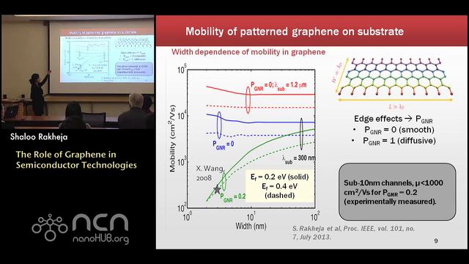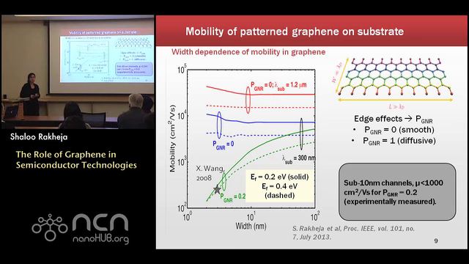The next two sets of traces, which are these blue traces, correspond to graphene being deposited on a real substrate like boron nitride, and you can now see that the mobilities are limited to only a few thousands of centimeters squared per volt-second. Finally, when you include the effects of edge roughness, you see this sort of roll-off of mobility with the width of the ribbon. And that can have serious implications for interconnect applications. You see that for an interconnect width less than 10 nanometers, the mobility would be limited to only a few hundred centimeters squared per volt-second.